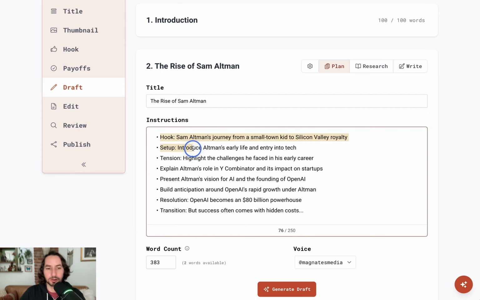It's talking about the hook for this specific section of the script, as well as the setup and tension. Again, these are using YouTube best practices for engagement, and then building anticipation towards the resolution. And so this is the payoff for this particular section.